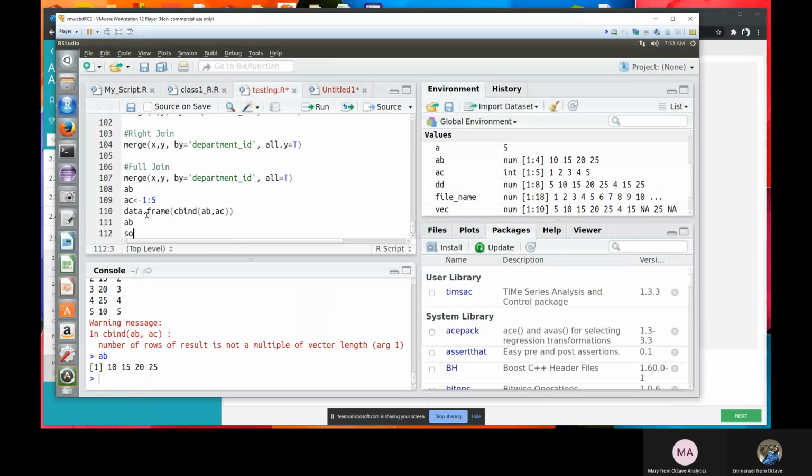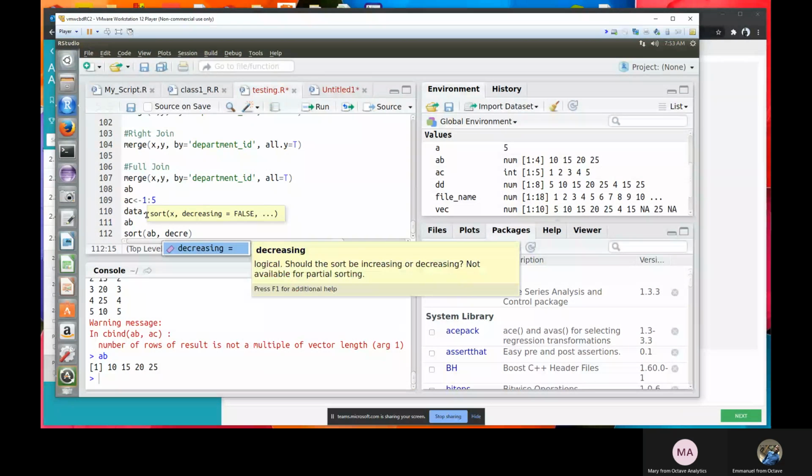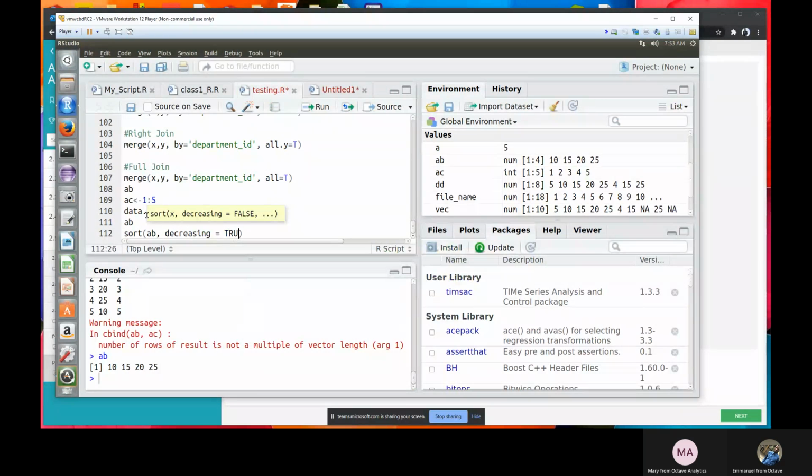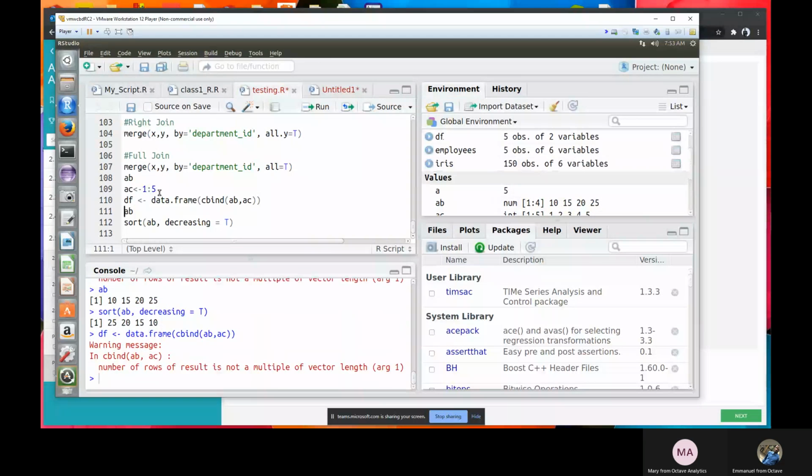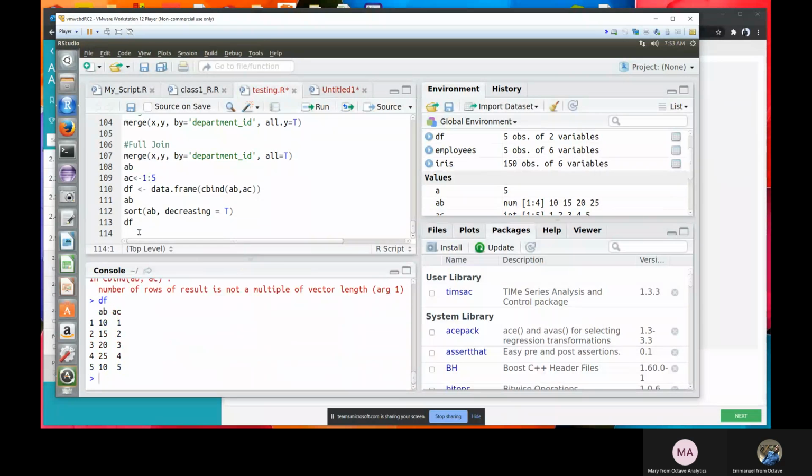Let's say I want to sort AB, but descending: decreasing equals TRUE. Let me just put it in c. You can see it starts from 25, from the biggest to the lowest. But let me convert this to a data frame and assign it to a variable, say df. So let me call df. So this is df.